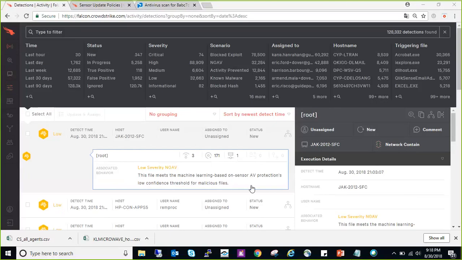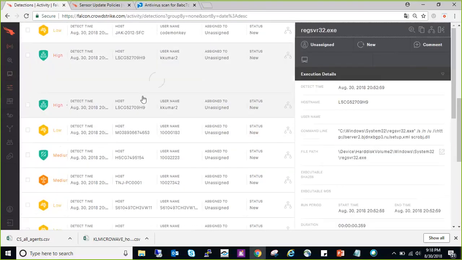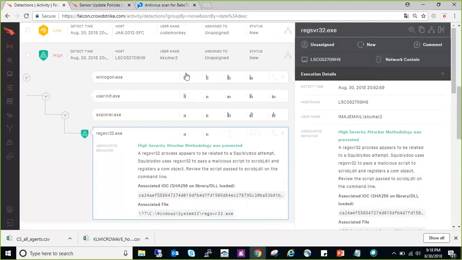So in some situation, so for example, oh, I'm choking. Wait. Okay. So there's a situation, consider a situation. For example, this machine, which is L5C something. Suddenly, you get a call from your investigation team who's monitoring